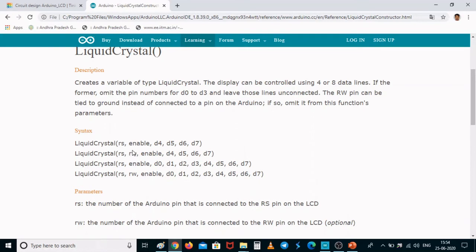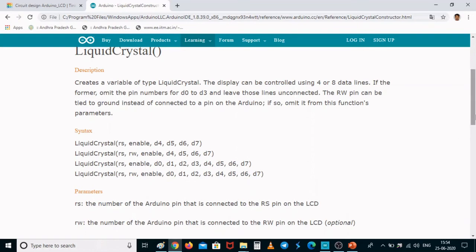We will be using the first syntax because we connected the read write to 0. That means we are writing to the LCD. That is why it is the default. If you don't mention the read write, it means it is connected to 0, so we are writing onto the LCD. So we will go with the first syntax, where the parameters are register select, enable, D4, D5, D6, D7.